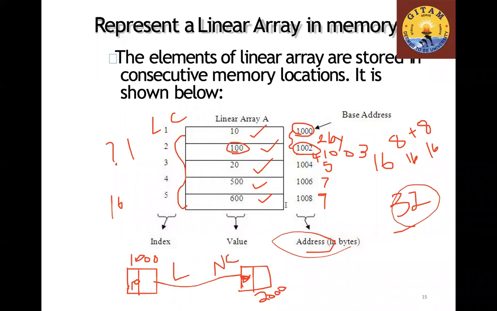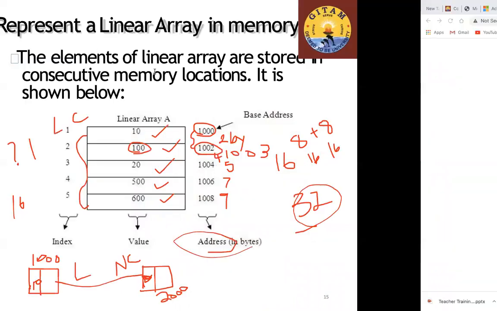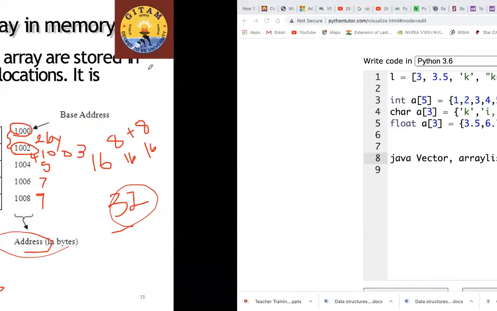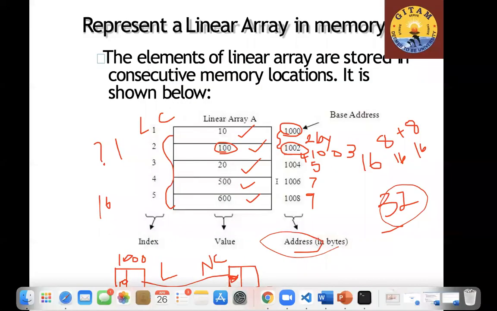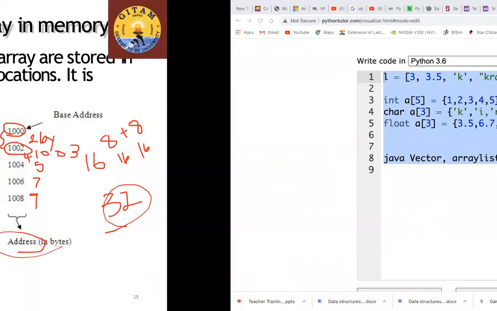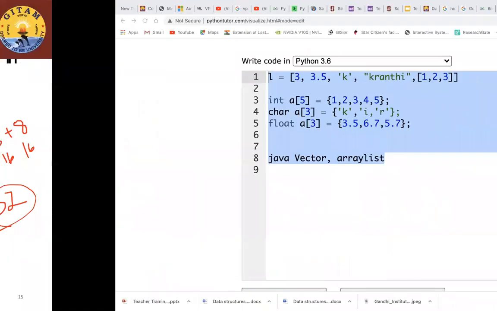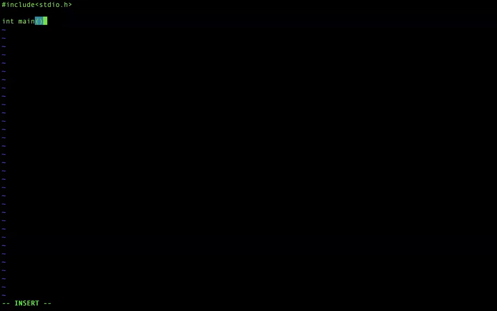Right. Coming back to the execution, let us see. Let me execute this. Vi array.c. int main, and I think by this we also finish arrays.